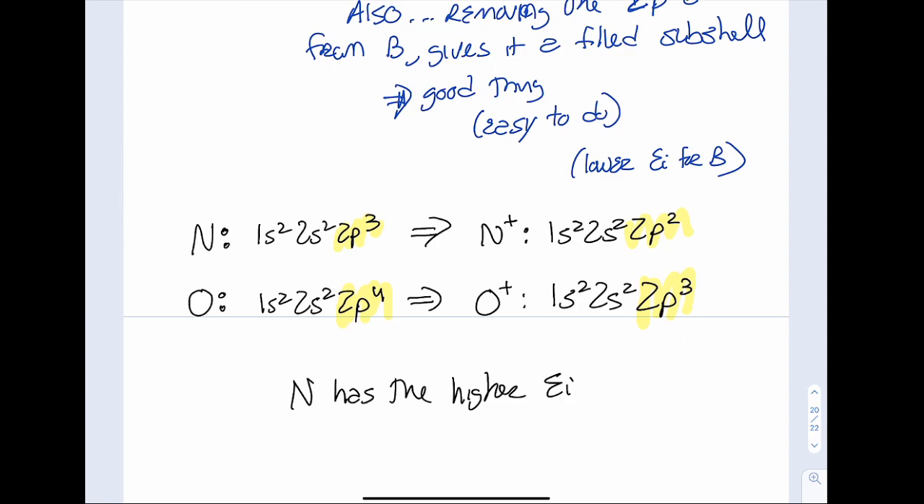So nitrogen had a little bit of extra stability, and I messed that up by removing the electron. So that was hard to do. Oxygen, it didn't have that. By removing the electron, I gave it that little extra bit of stability, so that's easier to do. So just be really careful. Don't use the trend as you go across. Look at the individual cases. Draw out the electron configurations, look to see where you're taking that electron from, and then be able to explain